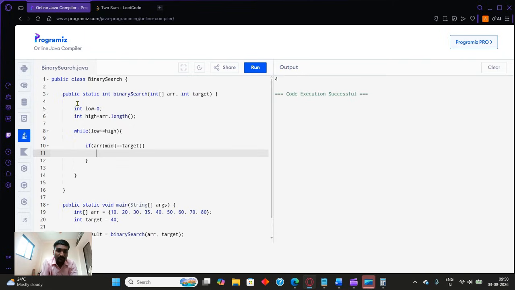If we have found it in the first search in between, then we must return. If the element is found at the first iteration, then it is a best case, and we will return mid,